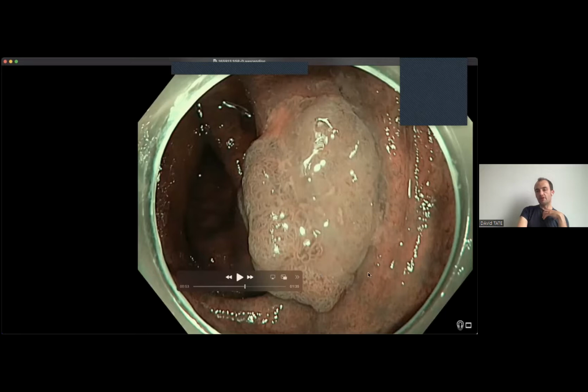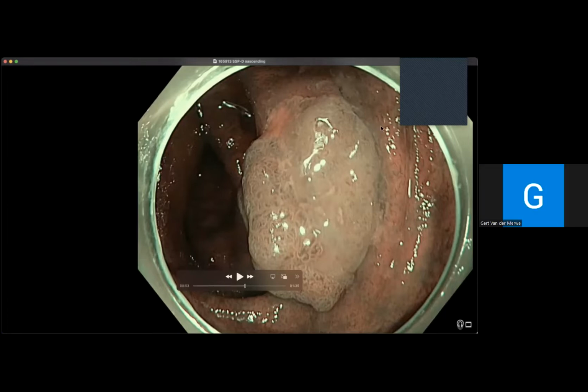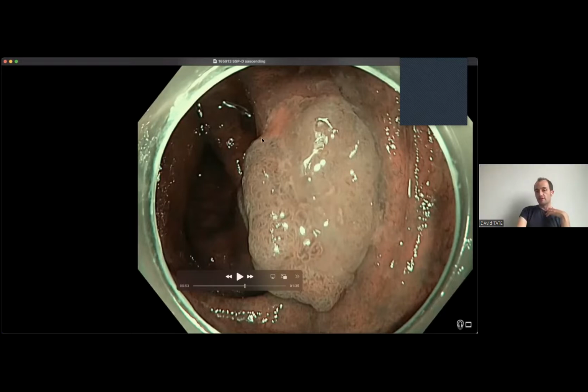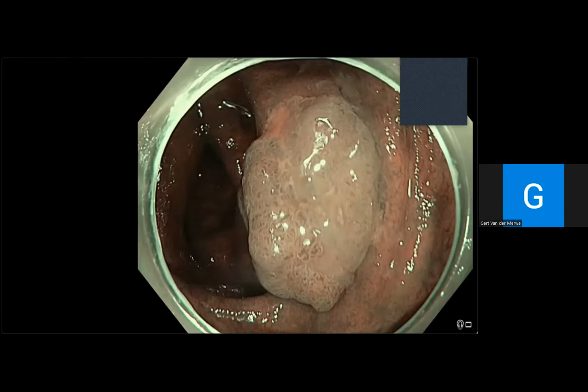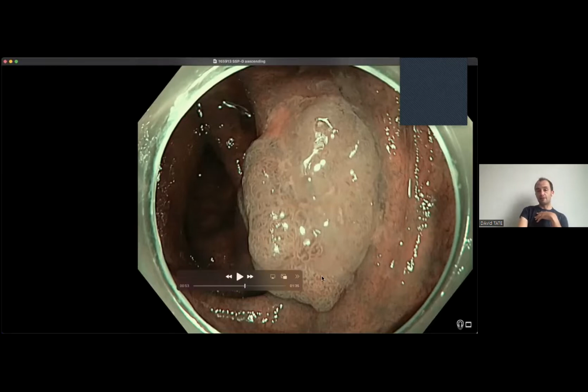Okay, so I agree with that part of what you said, but unfortunately, this polyp is a bit of a hybrid polyp. So there are two areas within this polyp. As you said, there's clearly a demarcation zone here on the right versus on the left. The left side is clearly a standard-looking polyp, right? It's very nicely structured. It's clearly regular. But the problem is the right side. At the right side, there is a serrated polyp attached to a standard polyp. So this is not cancer. This is a demarcated zone with a serrated polyp in it.